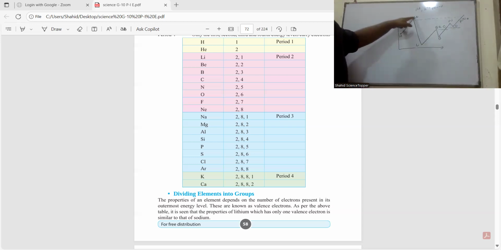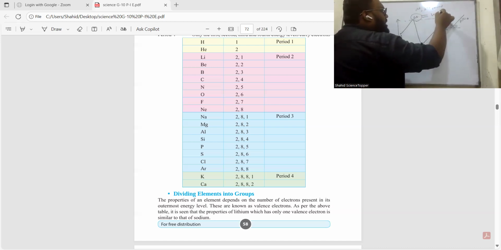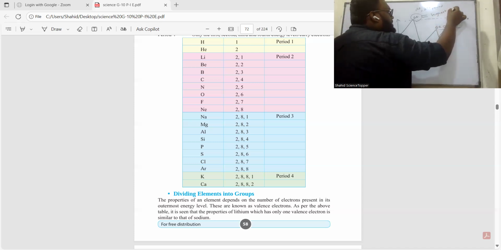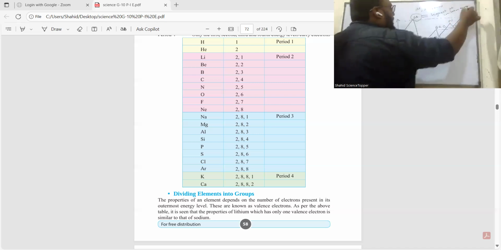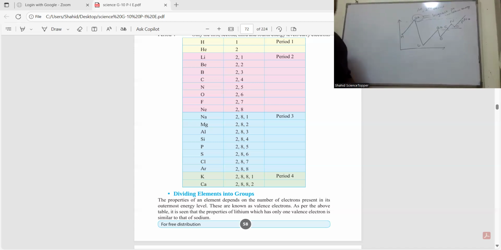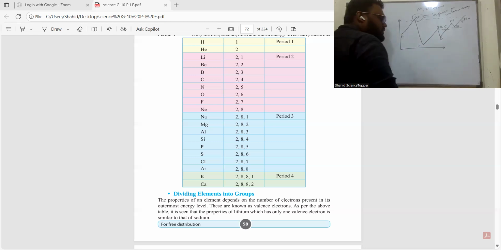Always, helium should be at the top. Helium is the one having the highest ionization energy, correct? So this is the graph shape you need to remember,